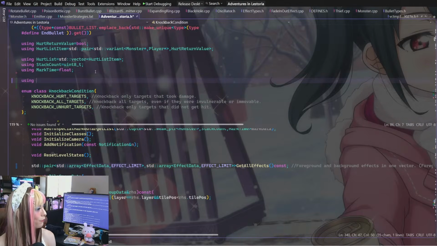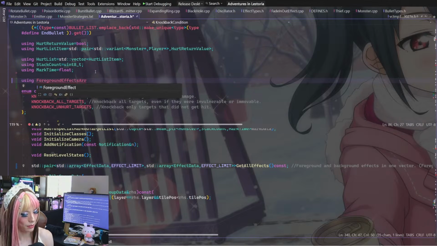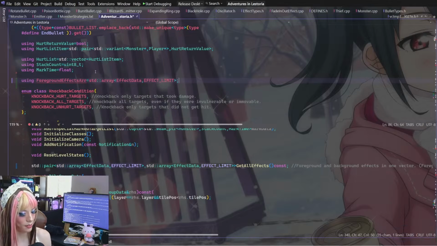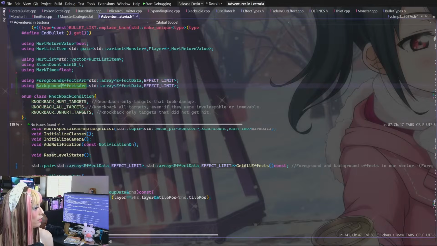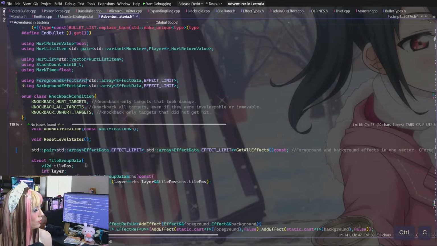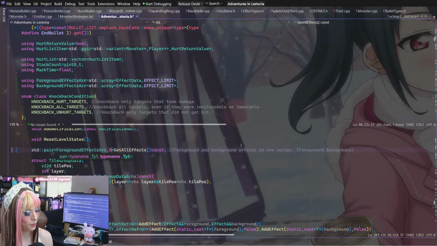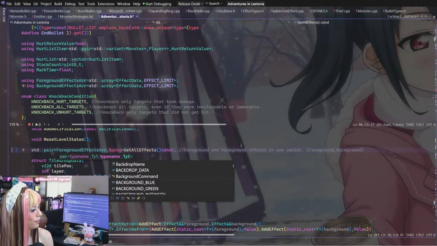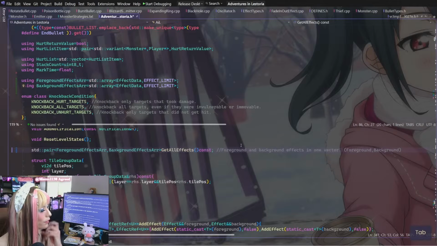Using foreground effects array equals this, and then same with background effects array. And then I just plug these in so I kind of know what this actually is returning and what order they're returned in. Okay, so that's fine.